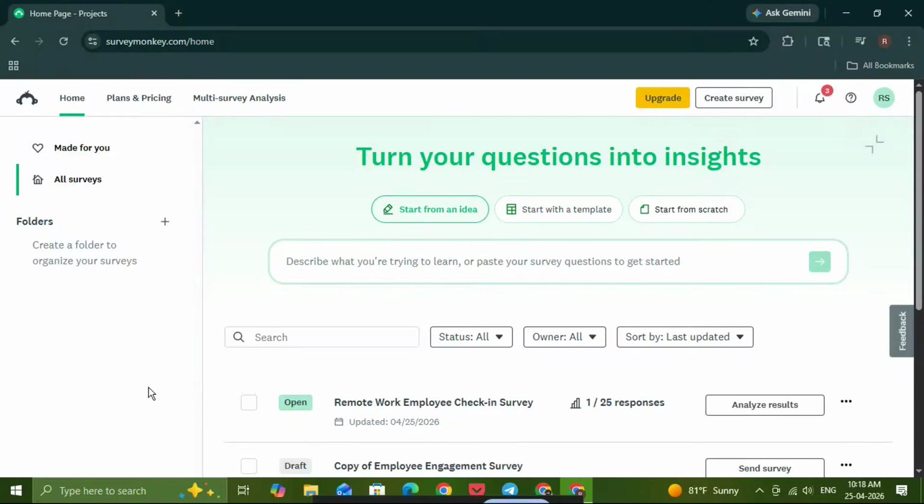If you want to make your survey smarter and create a better experience for respondents, adding logic in SurveyMonkey is one of the most useful things you can learn. In this video, I'm going to show you how to add logic in SurveyMonkey step by step so you can control what people see based on their answers, build a more polished survey, and make your forms feel much more